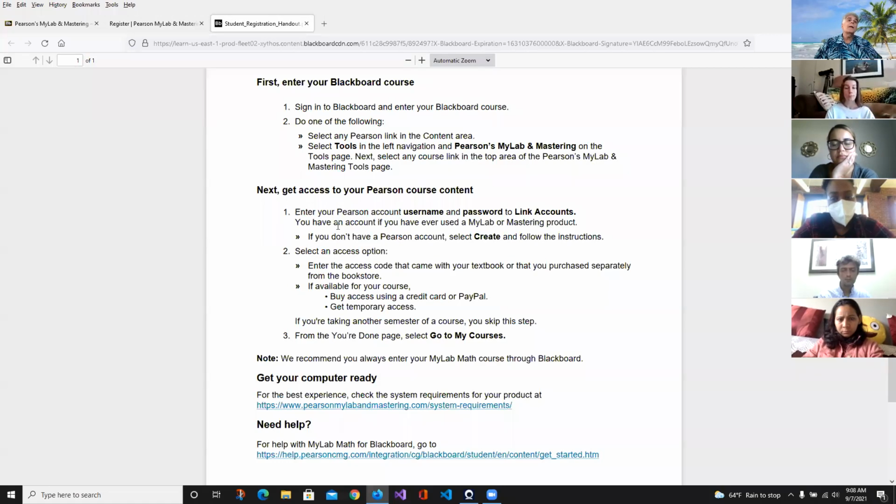Otherwise, what's going to happen is if you create a new username and password, you may have to pay for it again. That's the problem, okay? Because the access code that you have to purchase for this class, the access code is basically proof that you paid for using the My Math Lab. And it's good for Algebra 1 and Algebra 2. So it's a 2-semester thing. So they're not going to hose you for a new access code each semester.